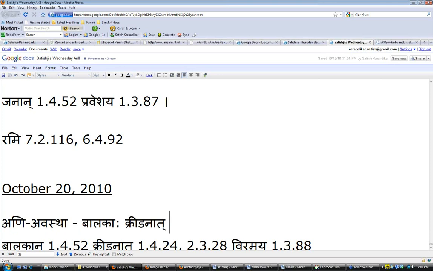I'm not doing sandhis in all of these cases. A couple of issues we were talking about last time: how did we get the Parasmaipadam after Viramanti? And second, how do we get the Panchami after Kridanat? Okay, let's go to those two things for a second.